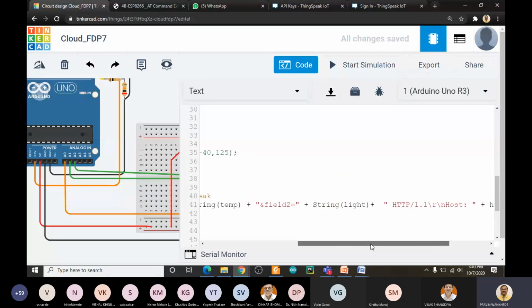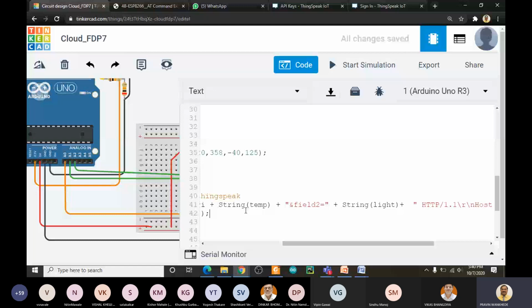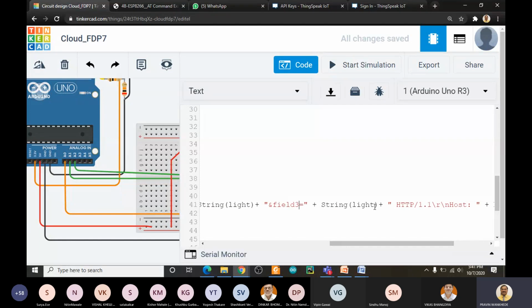So just copy this part from here to here, and replace this with field 3 and this one with the pot value.